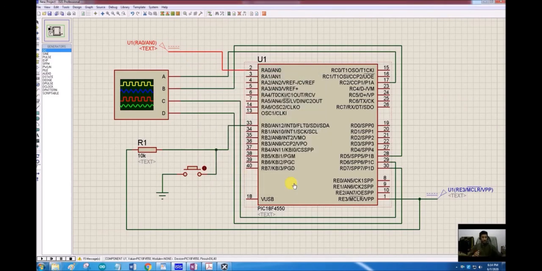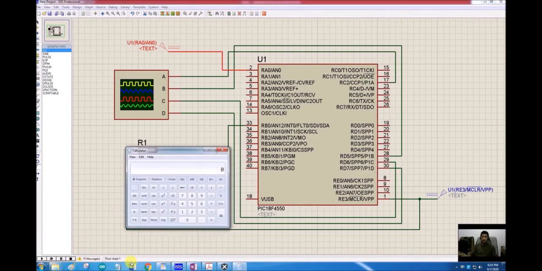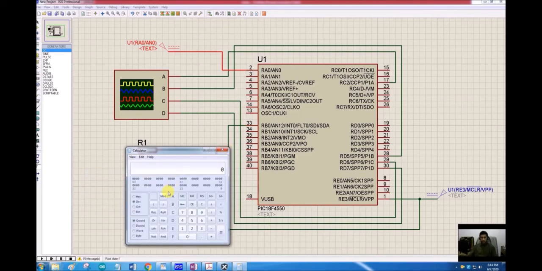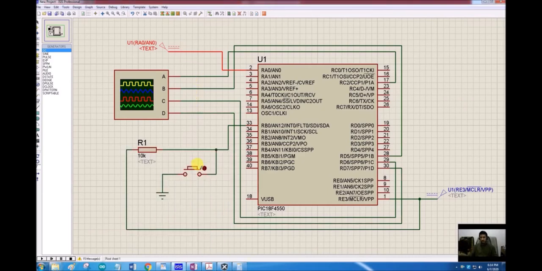So first let's calculate what should be my value at port D when a 3.3 volt input is applied at the analog 0 input. 3.3 divided by 5 times 255 is equal to 168.3, and going to the programmer mode I will convert 168 into a binary number, 10101000, plus or minus 1, because it is not that accurate as we are using only 8 bits, not the 10 bits.